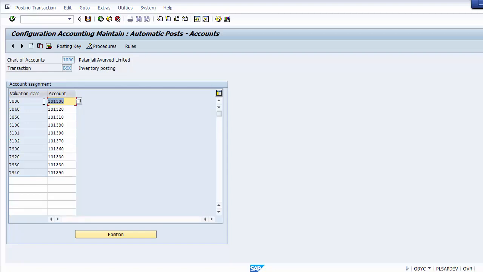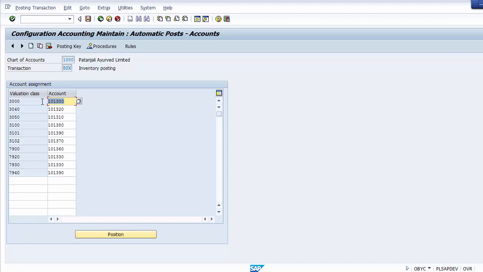So for example, I am purchasing a raw material, so I will assign a valuation class of raw material to that particular material master, and then here in the BSX transaction I will assign the GL of raw material. In that case, that particular valuation class of raw material will automatically impact this particular GL of raw material.